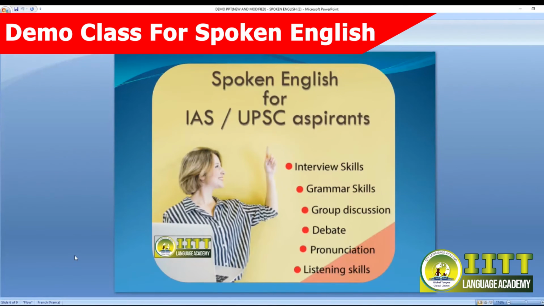The interview will be done in English. The question papers will be set in English. The group discussion will be between students from different parts of the country. Some of them will come from Chennai, some from the east part of the country, some from Gujarat, and how will you communicate if you depend only on your mother tongue or even on Hindi? So it's English only with which you have to run your career successfully.